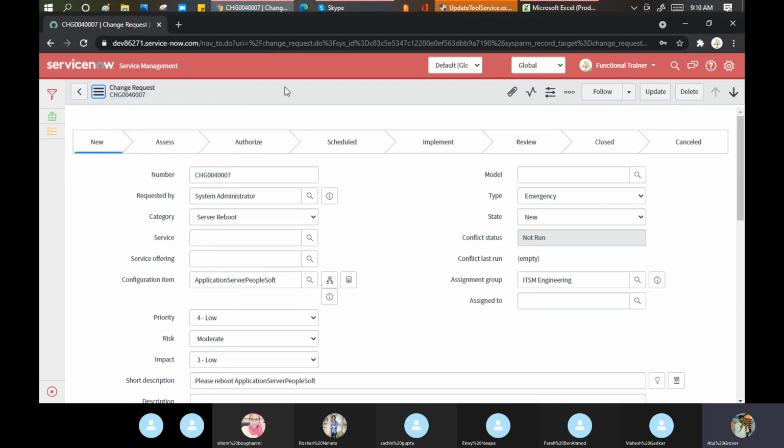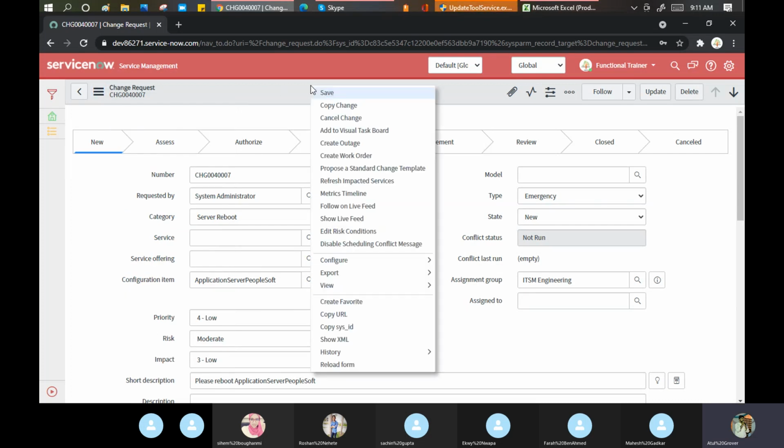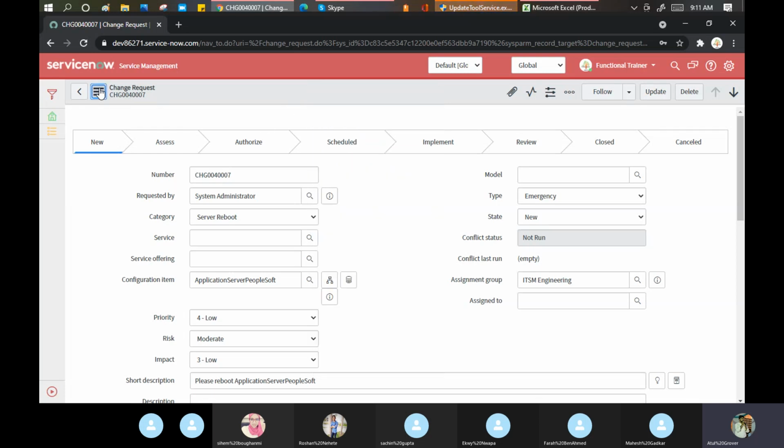But now the question comes, Atul, why is ServiceNow giving me these two things? Number one on this and number one on this. Any idea? Any guesses on that? Why does ServiceNow give me these two options with the same values available in the context menu, even in the additional action as well?